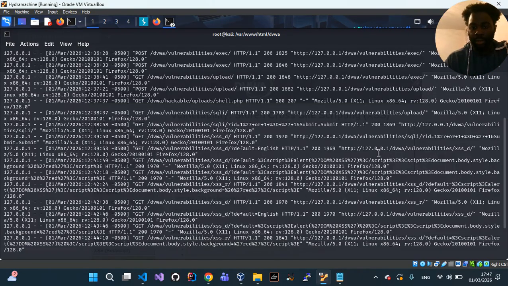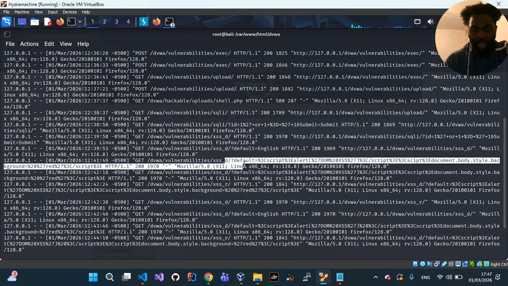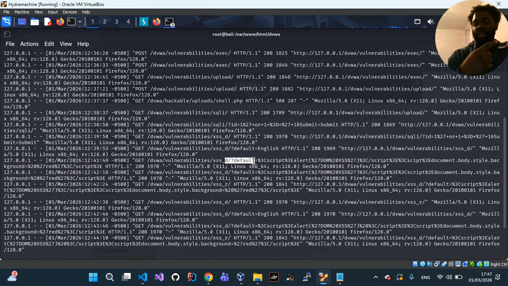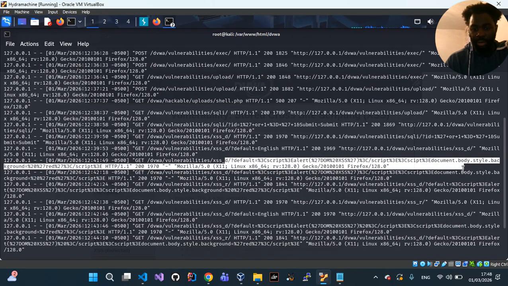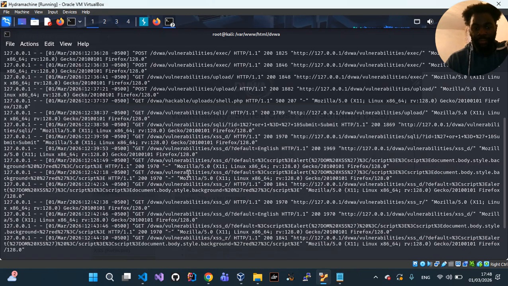For XSS, DOM-based one. Yep, here it is. If you remember correctly, the URL was still fine, like in plain text. Apart from, I think it had plus in the space. I don't think I had any spaces. But as you can see now, there's encoding happening. And the same thing happening with